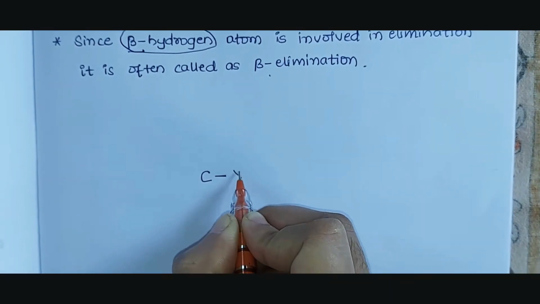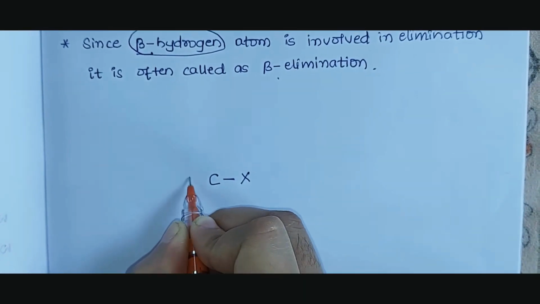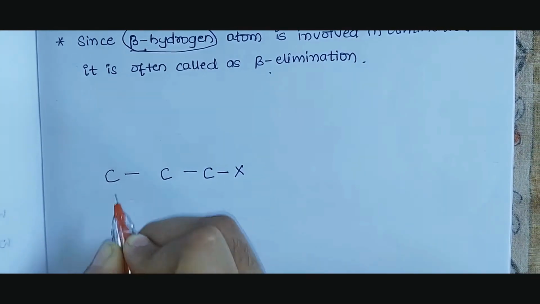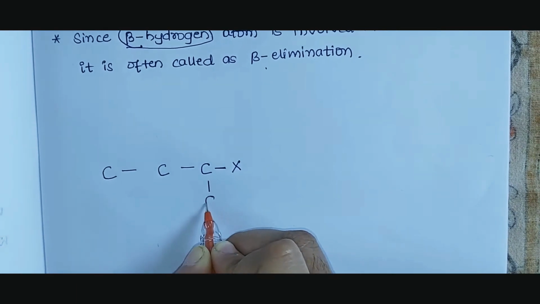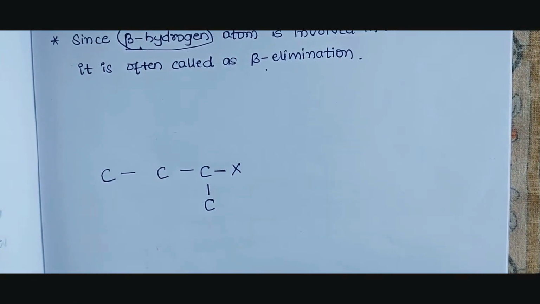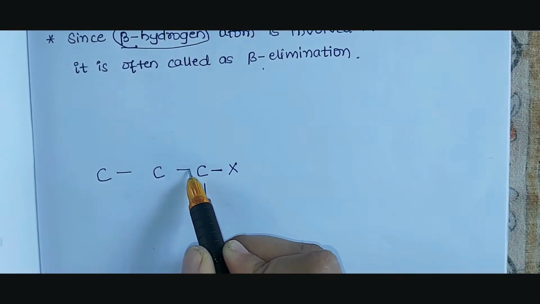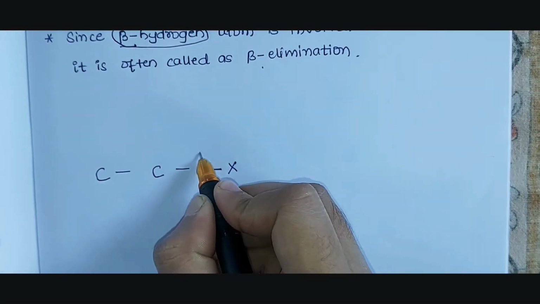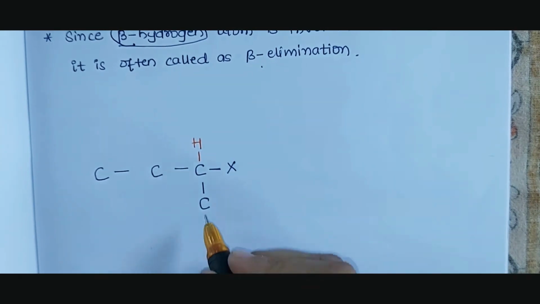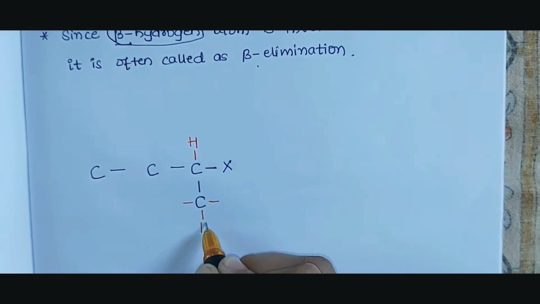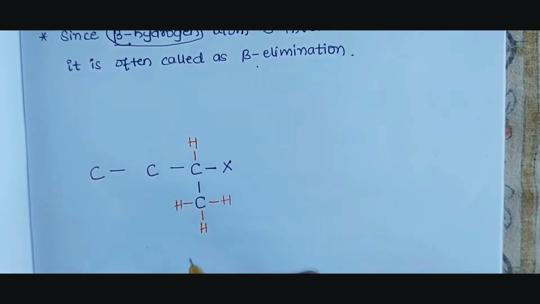Consider a carbon attached to a halogen, to that one carbon on one side, then another carbon, and one more carbon, which I will represent here. We know that carbon can form 4 bonds. So the remaining bonds we will represent by which atoms? Hydrogen atoms. So this carbon is surrounded on 3 sides. Next is the hydrogen atom. Next, the carbon is surrounded on only one side. We know it can form 4 bonds, so the remaining 3 are with hydrogen. Next is another carbon atom.